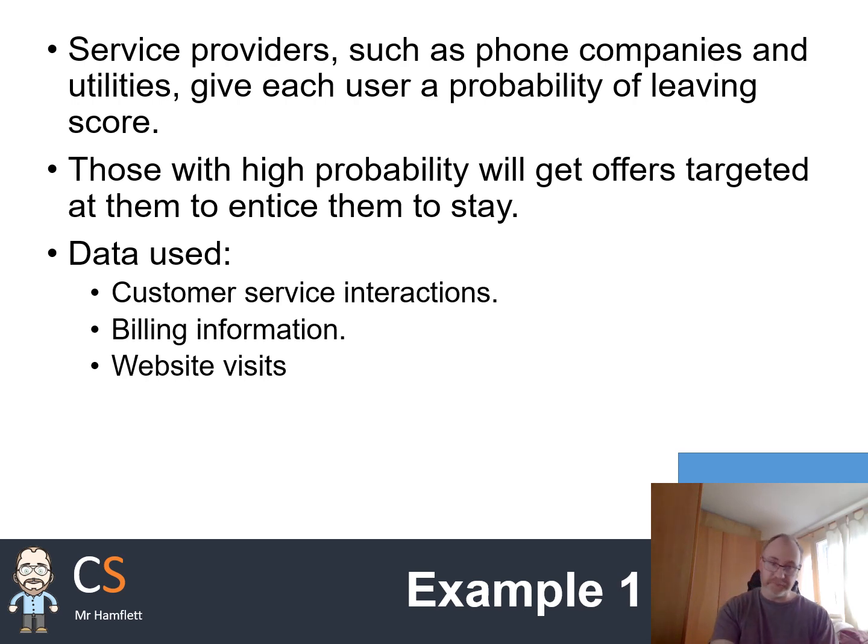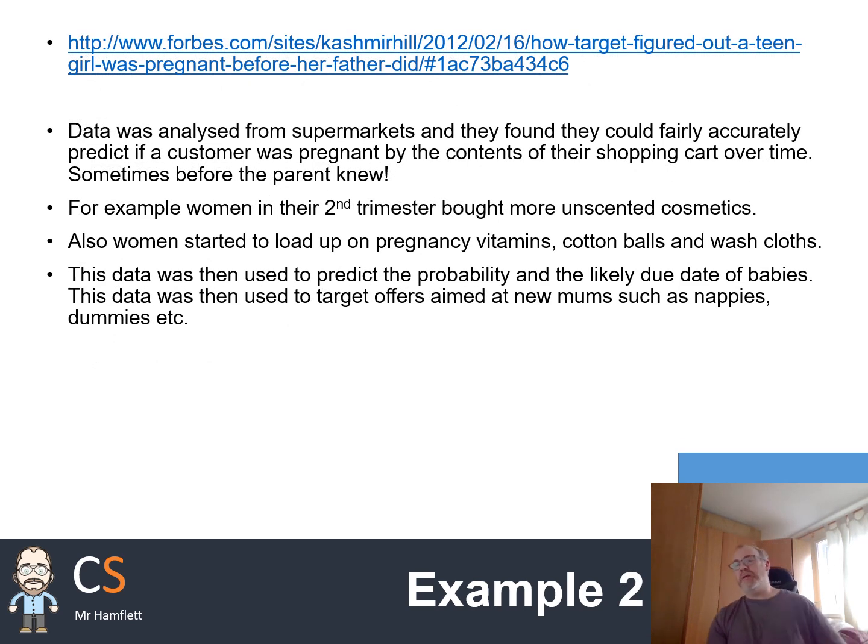Second example is a bit more of a weird one, and this is one that I found on the internet. I do not know how true this is, but you can actually see where it's coming from. So what they've done is they analysed data from supermarkets, and they found they can accurately predict if a customer was pregnant by the contents of their shopping cart over a period of time. So, for example,